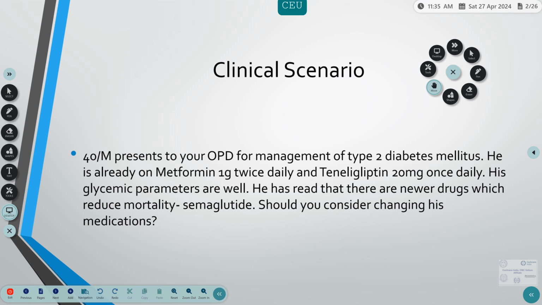So he has read somewhere that there are newer drugs which actually reduce mortality. He has recently read about semaglutide, liraglutide, all those drugs. The recent news was there. So he wants to know whether we should consider changing the medication. So for that question, to come to an answer, we look through the literature